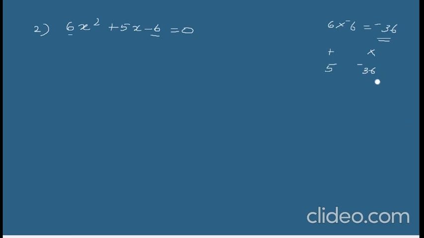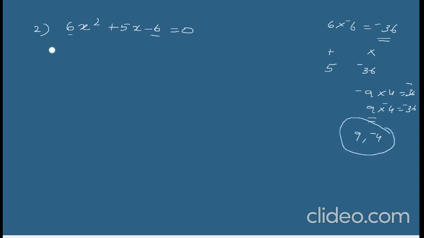So let's consider the factors of 36. Here negative 9 into 4 is equal to negative 36. Similarly, 9 into negative 4 is also equal to negative 36, which is the set that we require here, because the middle term is a positive number, isn't it? Since it is positive, the greater number must be plus. So 9 and negative 4 are the numbers.